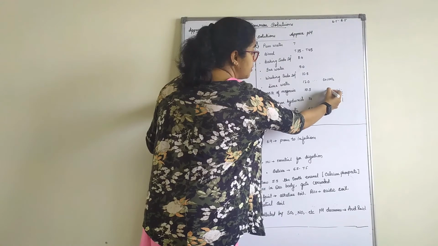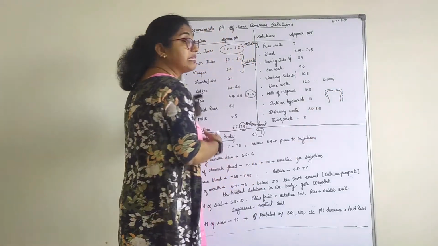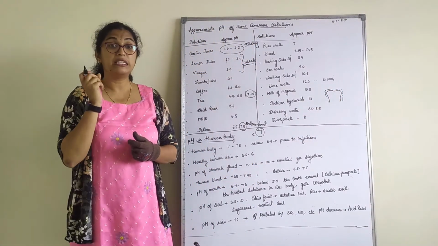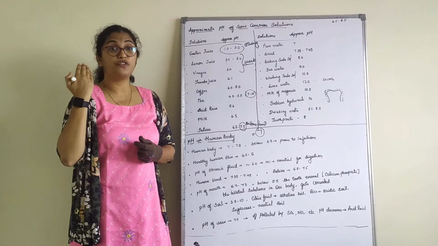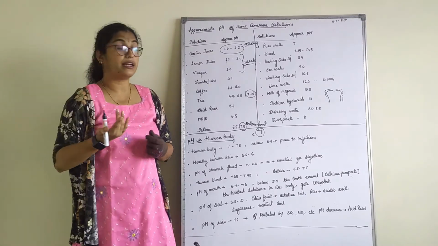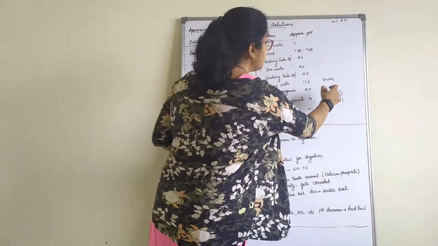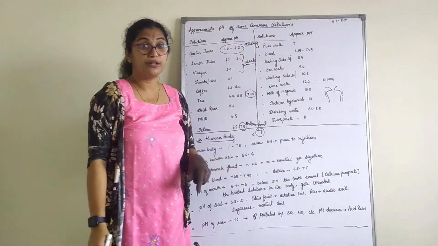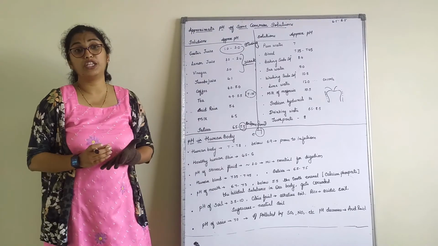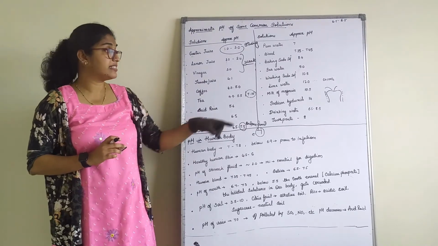They will start corroding because the things become acidic. Since it is acidic, the calcium phosphate enamel starts getting corroded. Since the enamel starts getting corroded, bacteria have an easy way to get inside, right? So that is called dental caries.